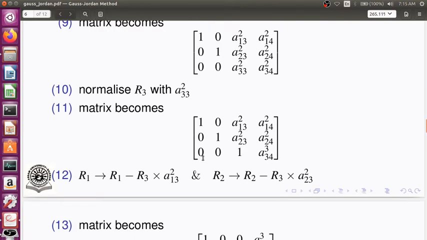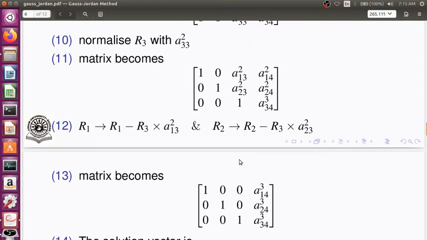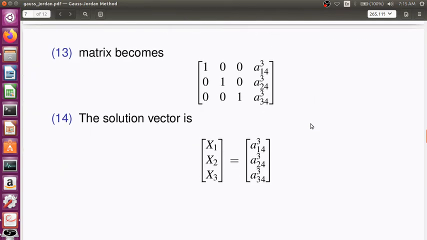Now the matrix will become 0 0 1 a34'', and again we have to make these two elements 0, so we have to perform the row operation. Row 1 has to be replaced by row 1 minus row 3 multiplied by a13, and row 2 has to be replaced by row 2 minus row 3 multiplied by a23. So at last we will end up in a diagonal matrix 1 0 0, 0 1 0, 0 0 1,